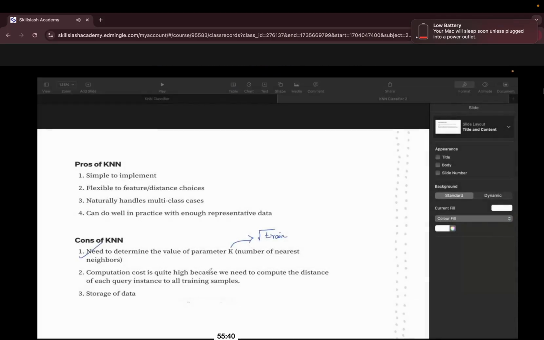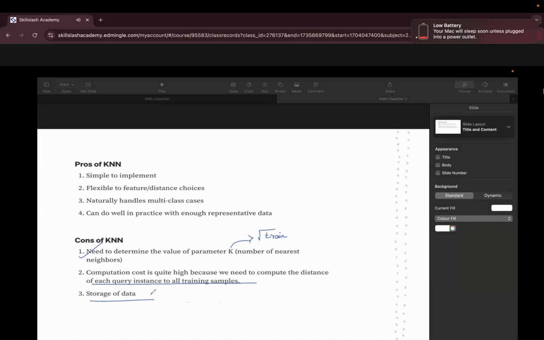Computation cost is quite high because we need to compute the distance of each query instance to all the training samples. Storage of data. Now, do you understand why I was saying that we must be needing external or extra memory for storing the k nearest neighbor model entries? Because suppose you are doing prediction for 5 customers, so you need to store the Euclidean distance.